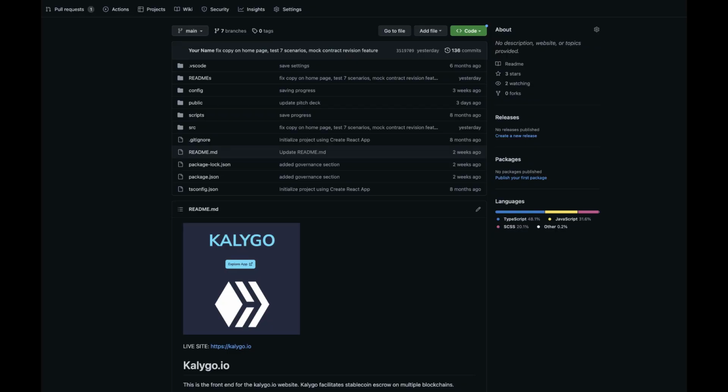Kalygo is a very flexible way of approaching the escrow problem. There's many different contracts that you can use, and you can customize them all as well. It's a completely open source platform. If you do choose to do things in a very risky way, or if you tweak the software in a very risky way, don't be surprised if you don't get support, or don't expect support.